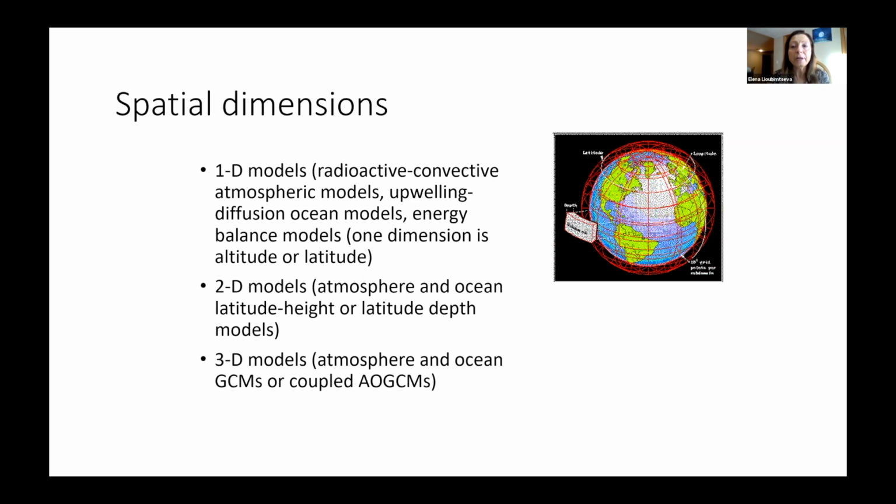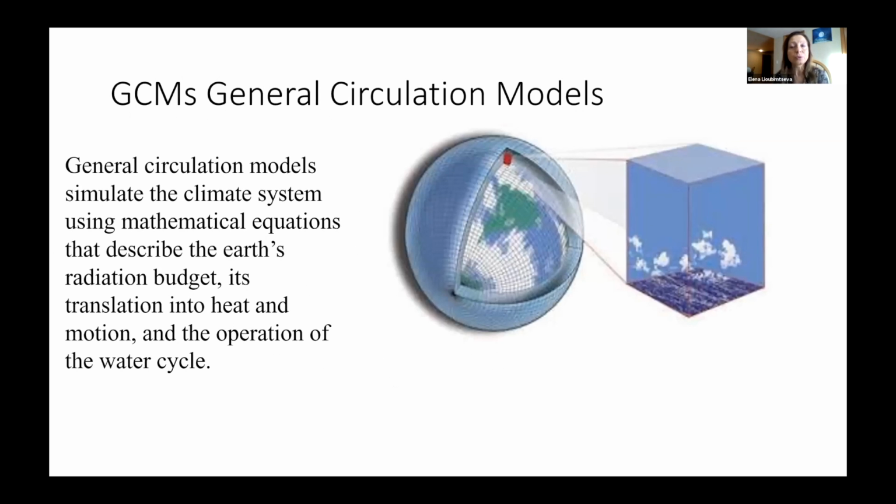So typically they include both the atmosphere and the ocean, and the models have really evolved over time. They used to have a separate representation of the ocean and a separate representation of the atmosphere. And today, all those models are pretty complex, and they can handle both the atmosphere and the ocean together. In addition to this, they plug in more and more realistic representation, for example, of the ice caps and even, to some extent, the terrestrial biosphere, even if it's still very challenging. So you can think about the GCMs really as